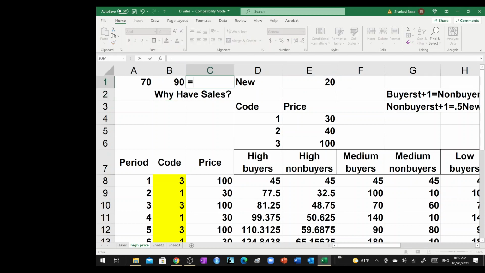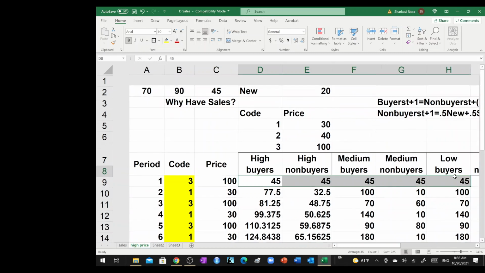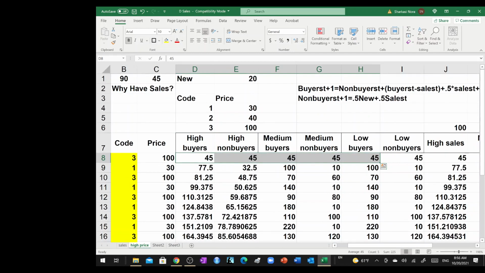And then this 90 is either buyers or non-buyers, and they are equally likely to be buyers and non-buyers. So we end up with 45. That is the initial market size, the number of customers in these